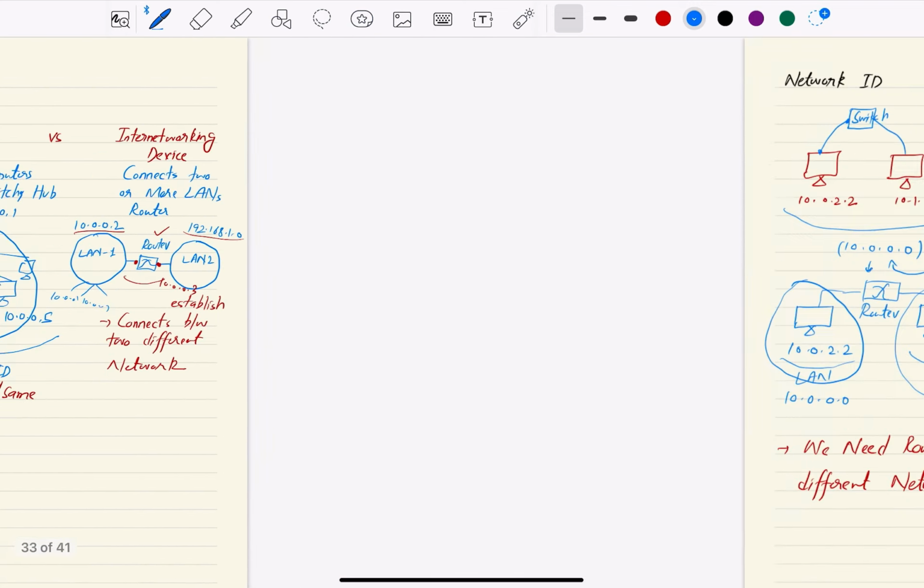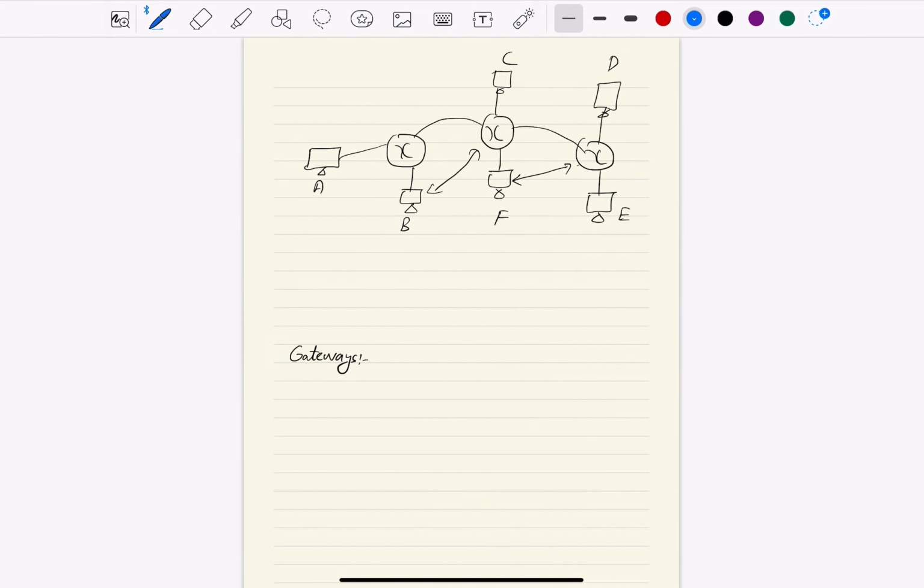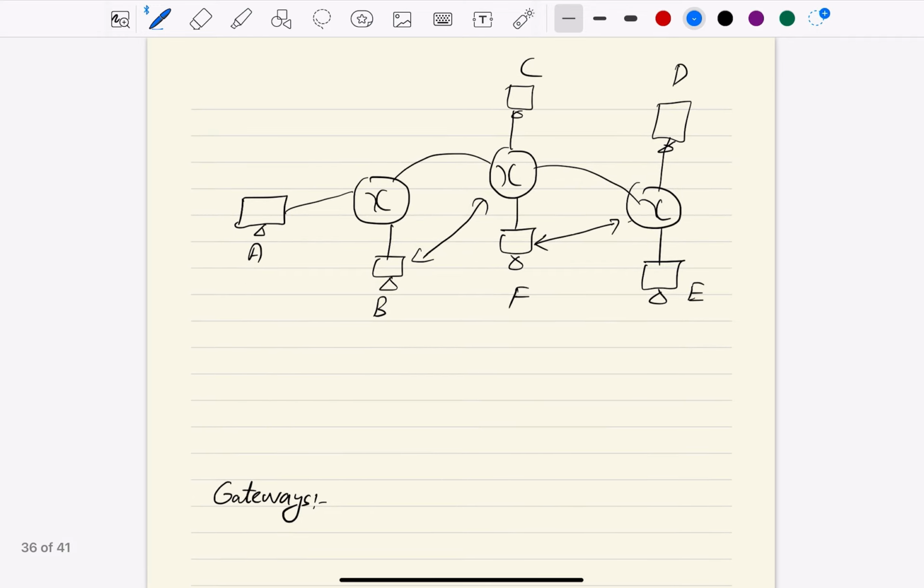I'm going to show you another scenario to give you a deeper understanding. Let's say, for example, this is a scenario. Assume that these are different local area networks. Let's say I have a computer A, and computer A wants to send data to computer E. Based on the routing table, which doesn't only contain the ports information but the whole map,